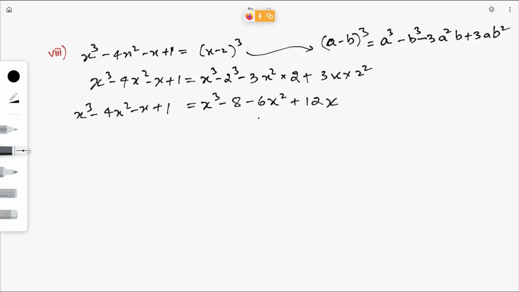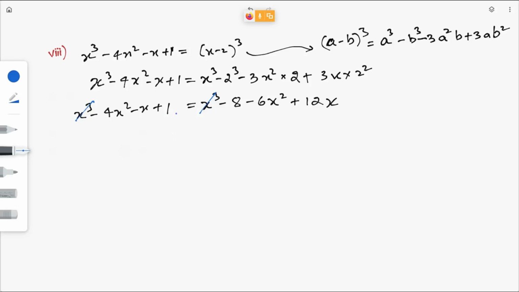Okay, so now instead of taking all these terms to the LHS, you can do one thing here. Keep this one as it is. See here, x cube and then x cube. If you have same terms on the LHS and RHS, then cancel out those two. In the LHS you have this x cube, and here you have this x cube, same. So if you take this one to this side, then you will get minus x cube. Then these two will cancel out. If there are same terms on both the LHS and RHS, then just cancel out those two, right?